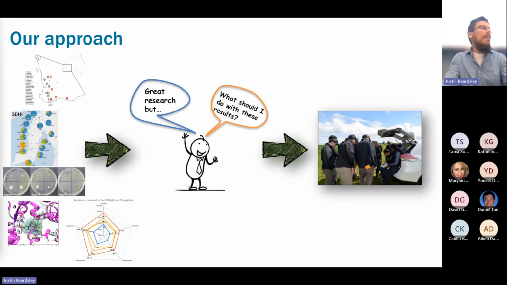And it's already been 30 minutes, so I promise I only got a few more slides, and this is just about what do we do with all this, right? Because this is really nice. We publish a paper, some students get their masters and PhDs, but how do we actually translate that into meaningful messaging that can go into the field and people can use it to grow food in a safer way? Because at the end of the day, it's safer food that we want to achieve.